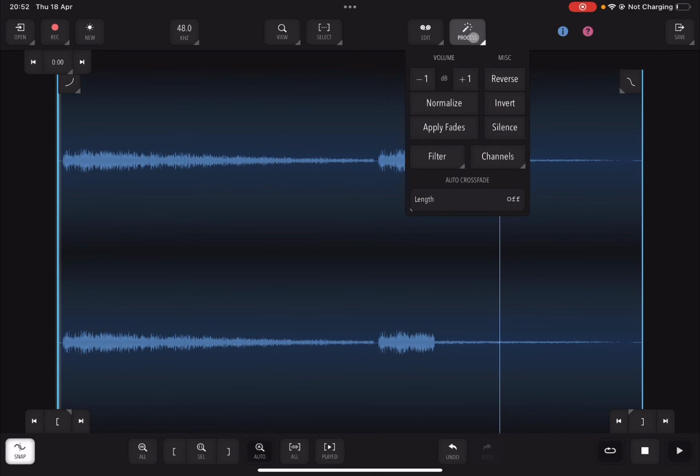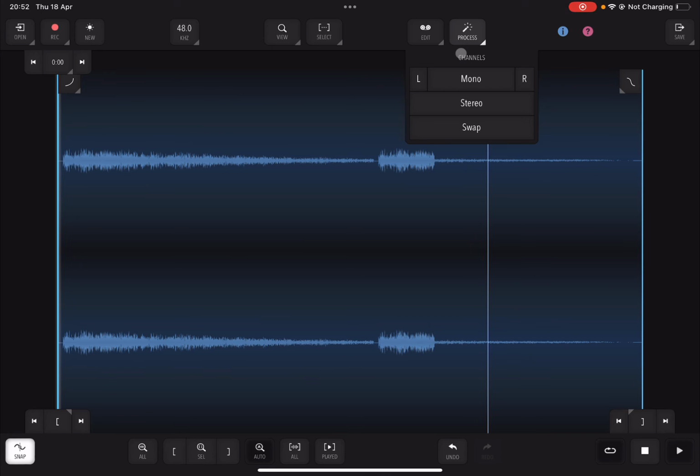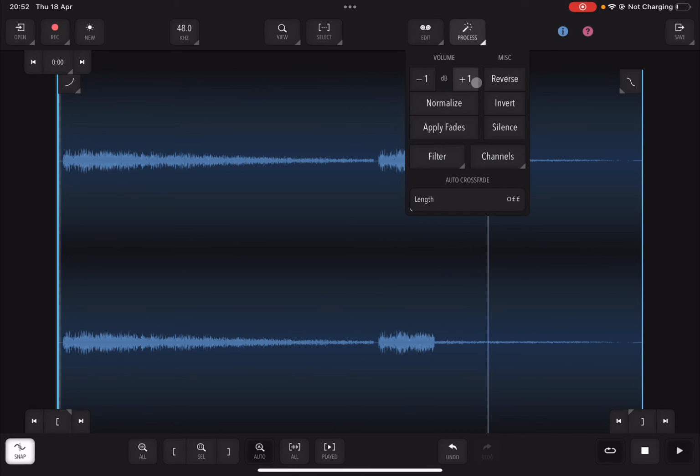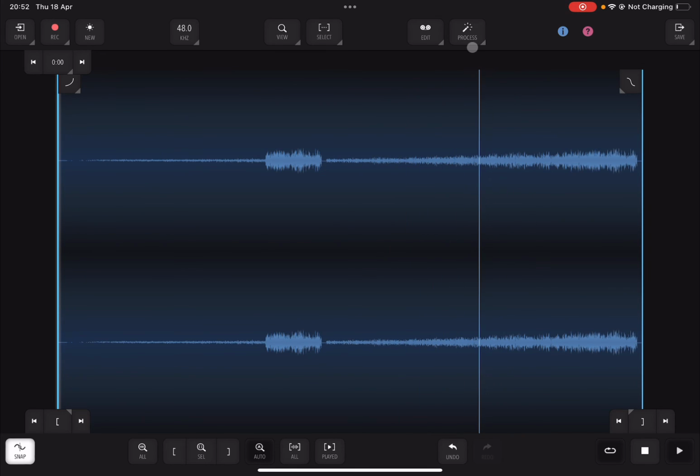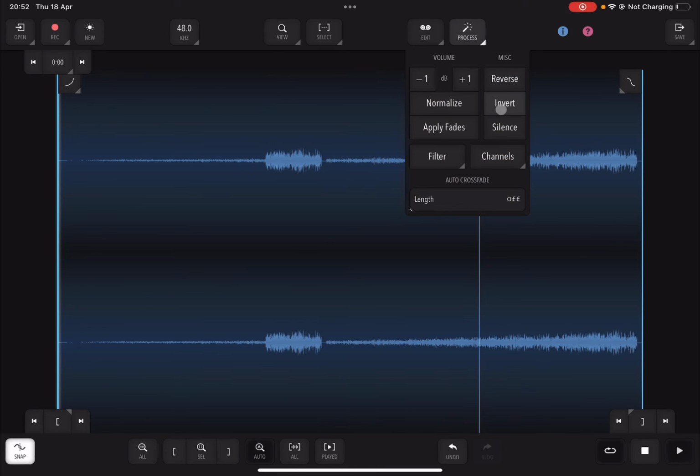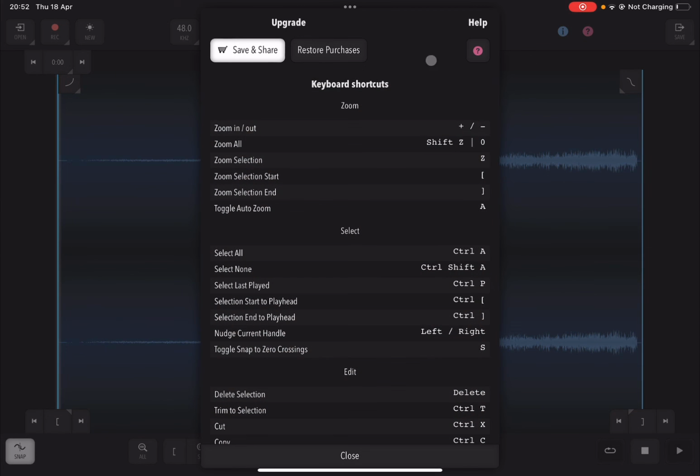Okay, but you have a lot of other things that you can do. You can change the channel, of course, mono, stereo, or swap them as well. You can reverse the sample like so. You can invert it. You can add silence. You can also add crossfade, and of course, you can set the length there. You have here a link for shortcuts and also for save and share, in terms of restoring also the